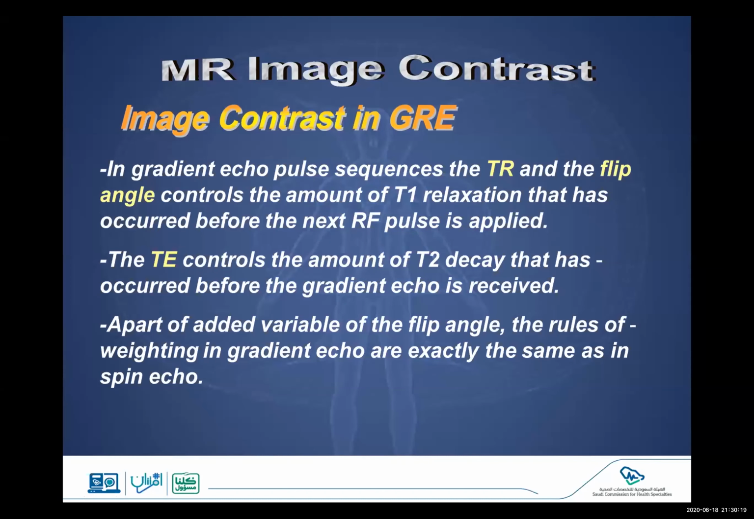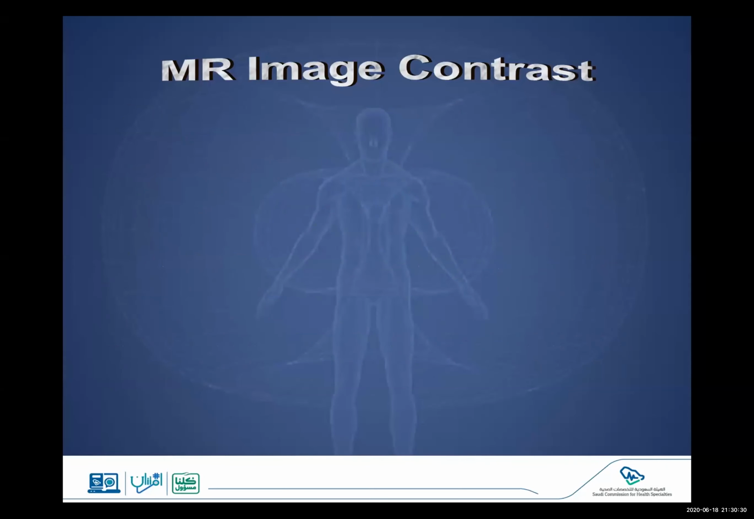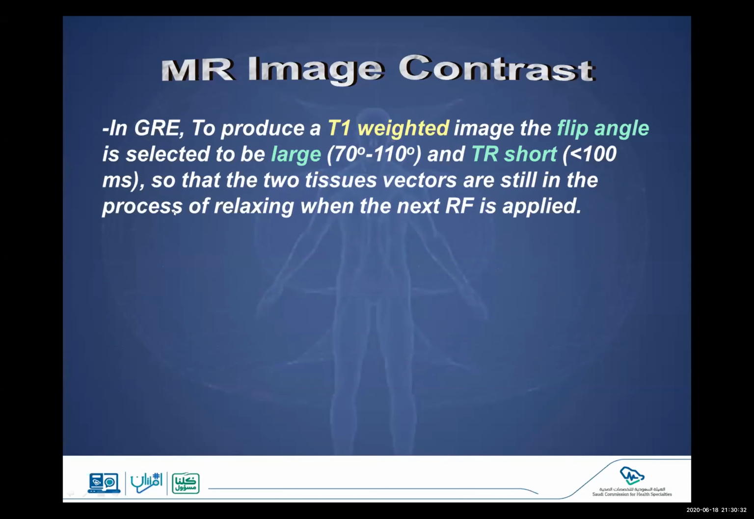So if I want to see T1 weighted images in the gradient echo sequence, flip angle should be more than 60, 70, and so on. If I want to make a T2, just make the flip angle small, and the other parameters will be the same as spin echo. So in gradient echo, to produce T1 weighted images, the flip angle is selected to be large, 60 or 70 and more, and TR short. You see now, short is different than short in a spin echo. We said less than 100 is short